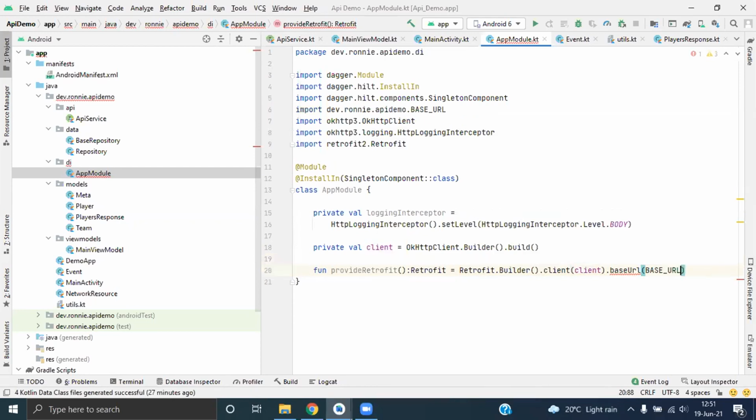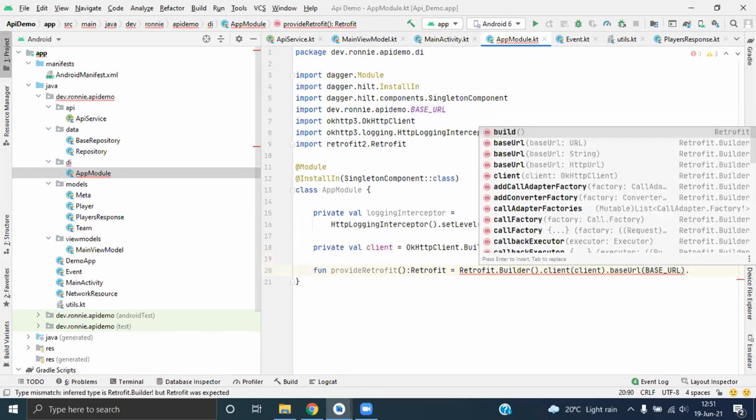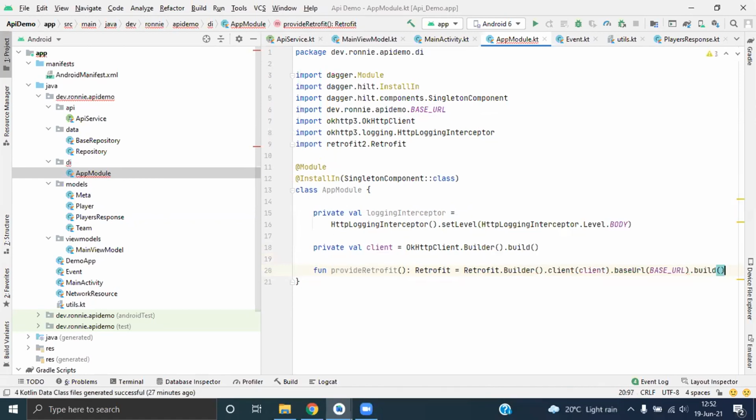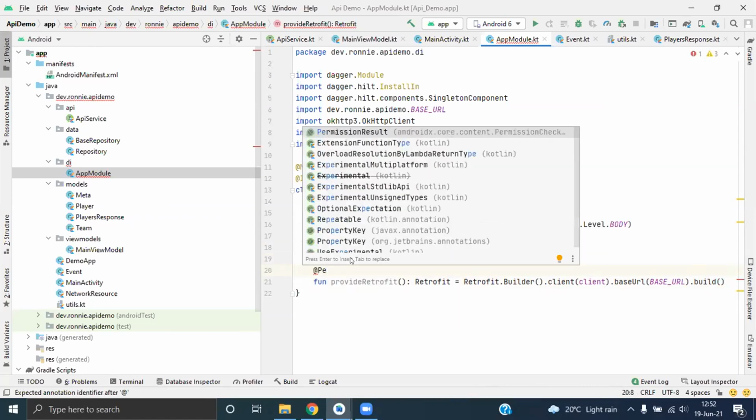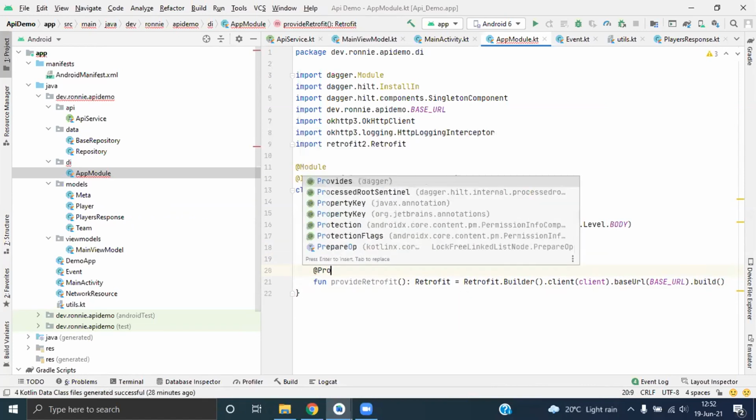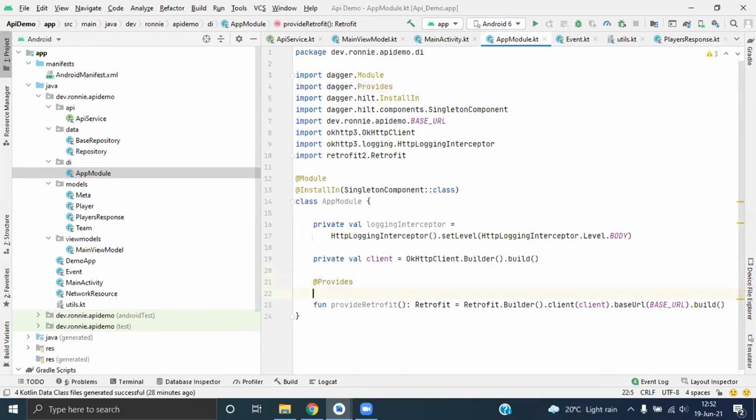We add the base URL, I think those are the ones that we need, then build. Yeah. Now we can put it at Provides. This will tell Hilt to provide Retrofit for us. Let's just put Singleton.